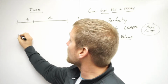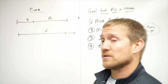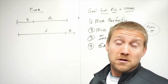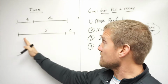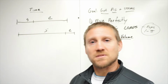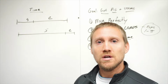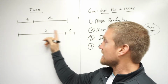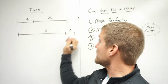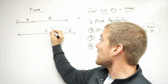Now, if you are an Olympic lifter, that much is probably strength, and that little bit is probably your conditioning. Same with a power lifter. You do a ton of strength. Your conditioning would be sled drags, something quick and easy that's not going to crush you for the next day, so you can come back and again move big loads and increase your volume. So we never want the conditioning to be so big that it's taken away from the